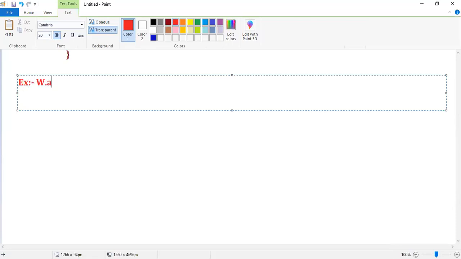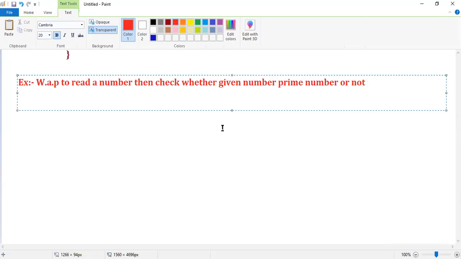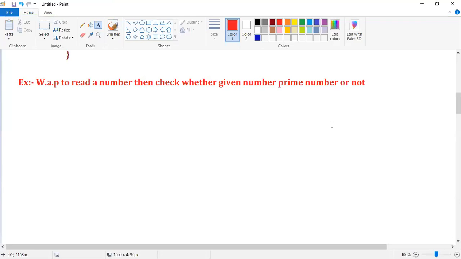Write a program to read a number, then check whether the given number is a prime number or not.